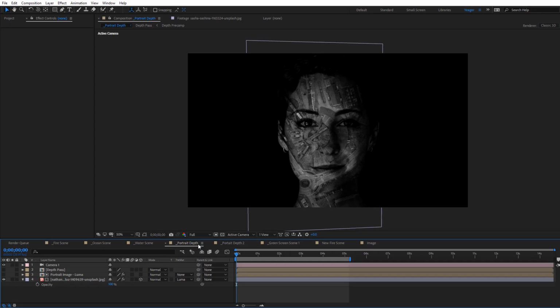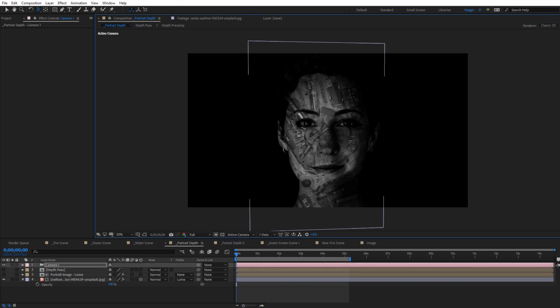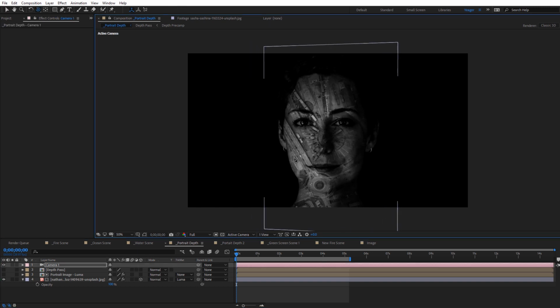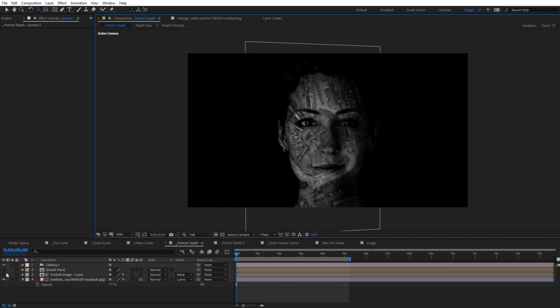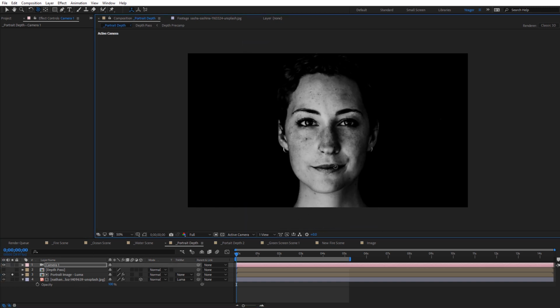All right, so jumping over to two other example scenes I want to show you. These are portraits. They have a custom depth pass that I created. So you can see we have a portrait image here. I can go ahead and rotate the camera. You can see we get this nice parallax effect with the background image and the actual face itself. I'll go ahead and solo that. You'll see it has a little bit of a 3D perspective on it as well.